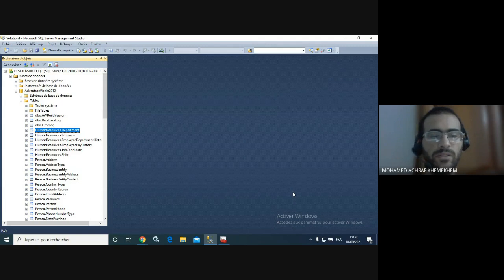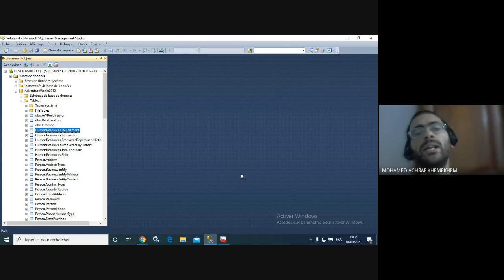Today we are going to discover together the difference between the common table expression, temporary tables, derived tables, etc. As you all know, in SQL Server, while working with large datasets or massive records, we might be required to store the intermediate results in a temporary query so we can access them further. SQL Server provides multiple options to achieve this, as we said: common table expression, temporary tables, derived tables, table variables. So in this video, we are going to see together the difference between all of them with practical